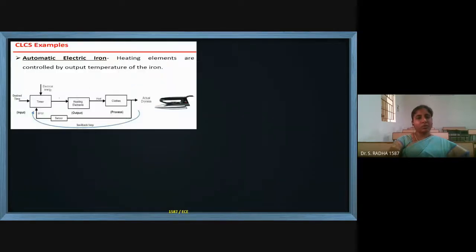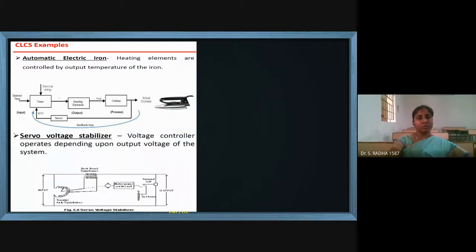And coming to the closed loop system, we have the electric iron box. When you put this iron box on the cloth, whether it is silicone material, cotton or polyester, the heat adjustment takes place based on that. You can observe there will be a blinking light. If it is not automatically getting adjusted, there is some problem in the machine. Other than that, it will automatically adjust the heat level based on the type of cloth you are ironing. So this is about closed loop control system.